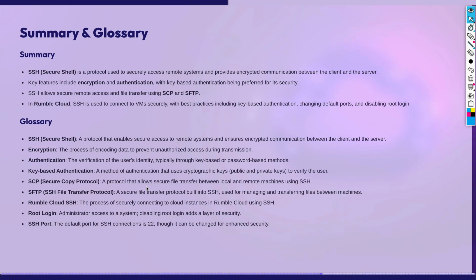Always use your key-based authentication. Change a port if you want to reduce exposure. Disable root login and protect your private keys. You can also put passphrases on these keys to restrict access. And Rumble Cloud allows for secure SSH connections by supporting this key pair management and providing you tools for easy VM access. If you adhere to the SSH best practices, you can ensure that your cloud resources remain secure and